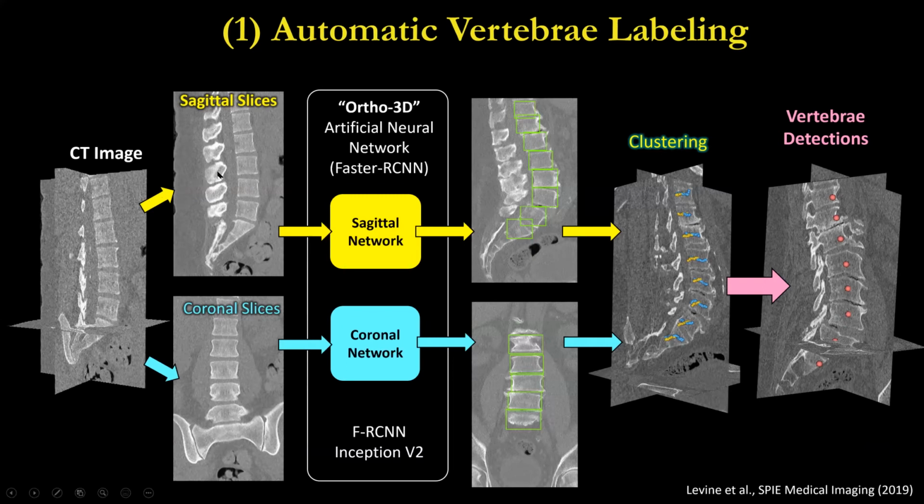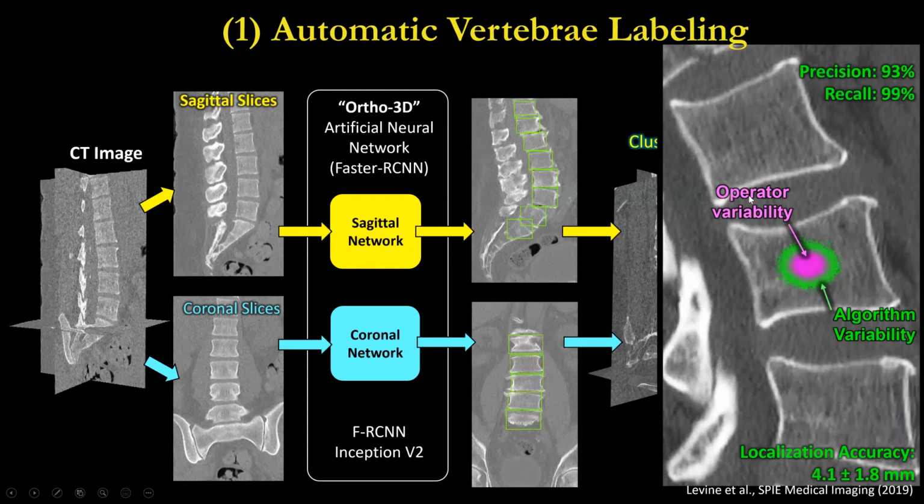And the first, of course, is to be able to automatically label the vertebrae within a patient's image. That's just illustrated here, where a patient's volumetric CT is analyzed by a system that we've developed called Ortho3D. It's a set of artificial neural networks which accomplishes the task of identifying vertebrae, understanding what is and is not a vertebrae, clustering the detections, and accurately labeling the vertebrae within the image. And as you see here, it does so with a precision and recall around 93 or 99%,